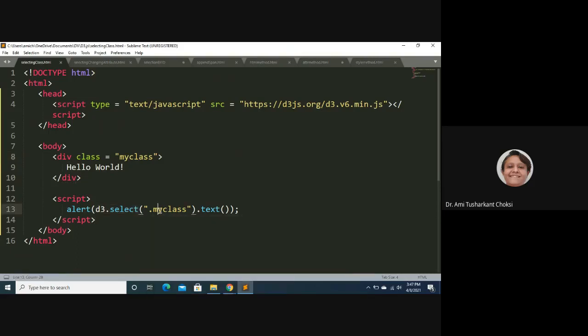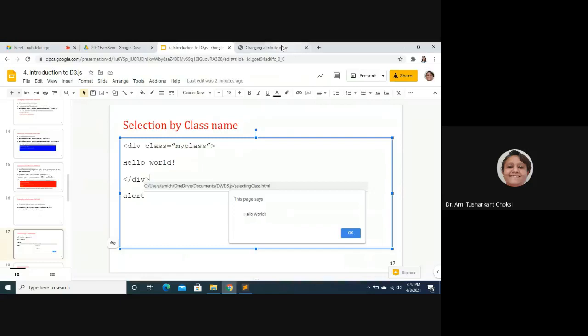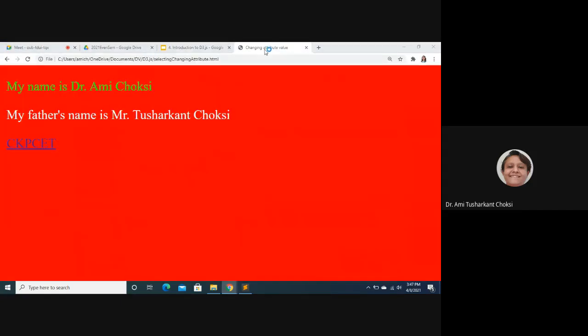D3.select in double quotes dot my class dot text. That will give the text for this one, this class. Whatever is the text that it will give us. Fine. Okay, and let us run this so we can have the idea. I have already shown you the output here, but still let us open that here file.